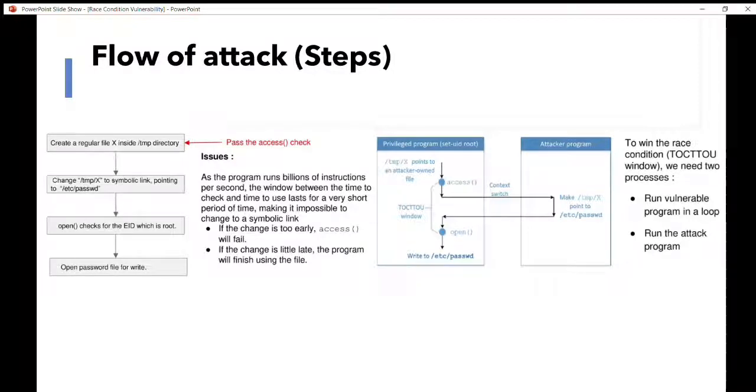If the change is too early, the access will fail. If the change is a little late, the program will finish using the file. So this is the time window we have been mentioning, which is between the access and the open. From this window itself, we need to make tmpx point to the etc password file. Instead of pointing to a dummy file we have created, we need to point to this file, which is only